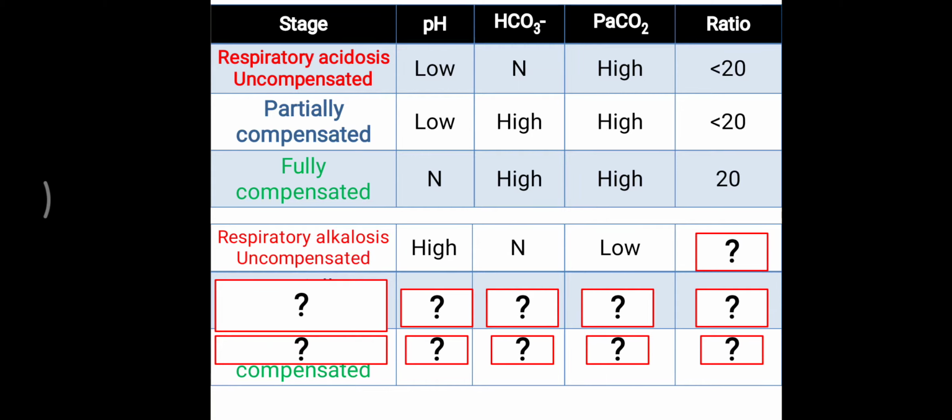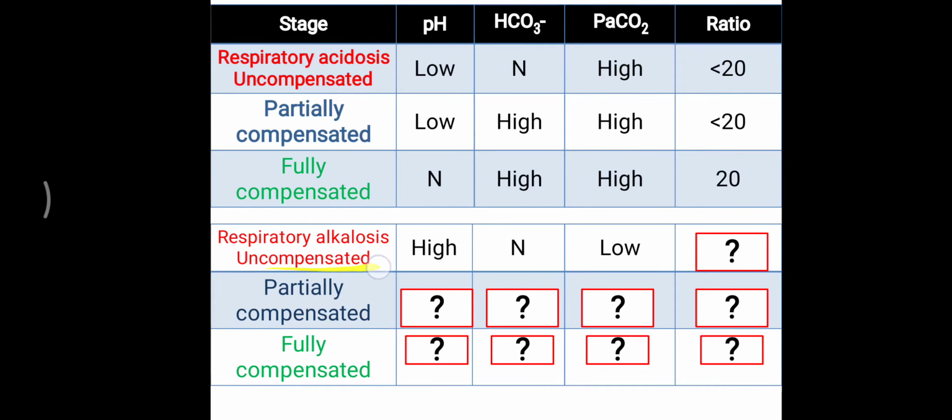Now you have to identify whether it is uncompensated, partially compensated, or fully compensated. Uncompensated means the secondary change is not there, or is in the normal range. High pH indicates alkalosis. But in partial compensation, the primary change is low PaCO2, and the low bicarbonate ion, the secondary change, is in the same direction as the PaCO2. But if these values are directly given, then also simply say that the pH is towards the higher side and these two values are on the lower side, so it is respiratory. Simple. Why? Because they are going in opposite directions.